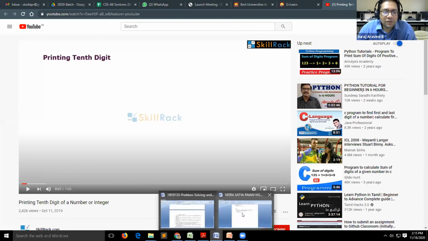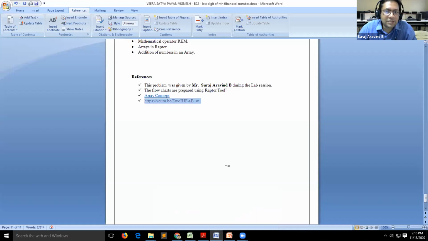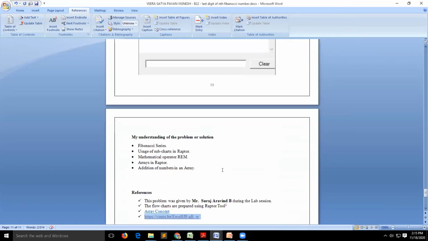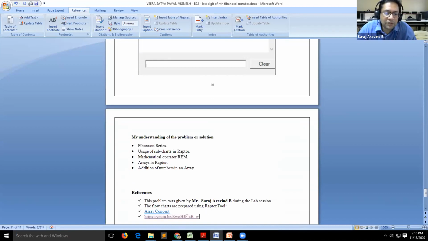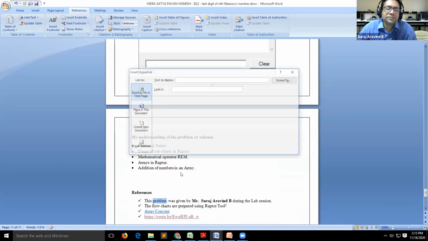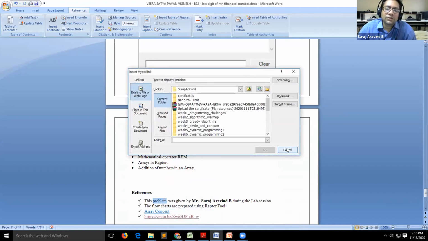So maybe the corresponding student or member referred to a YouTube link or something there. Any word that you put, you can make that word a hyperlink. All these things will be helpful to you, either within the same page or in some other folder, etc. You can create a hyperlink in the same page also.